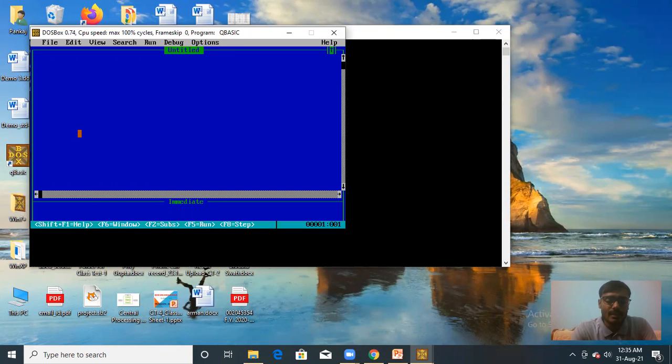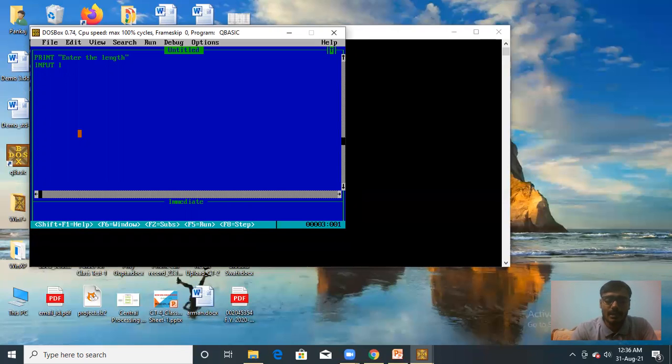You can print some message under double quotation marks: Enter the length. Now you have to use the input command for entering the length. Input L. L is the variable in which length is entered.